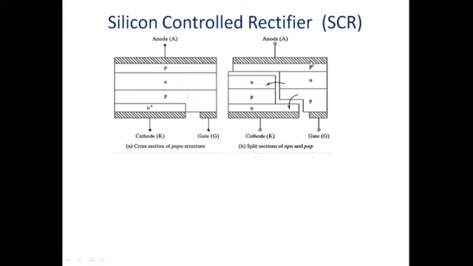This is very useful to derive the two transistor model of SCR. Using the two transistor model of SCR, we explain the operation of SCR. That's the reason this split section diagram is also very important. Keep that in mind right now. You can see here P, this N I have considered as 2 N, this is P and this is N. We will come back to this later.